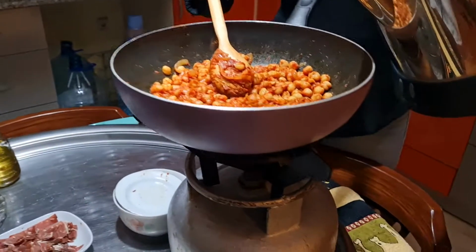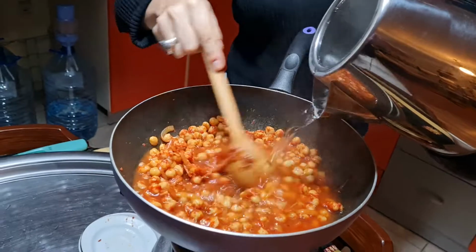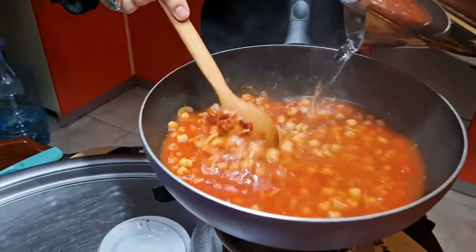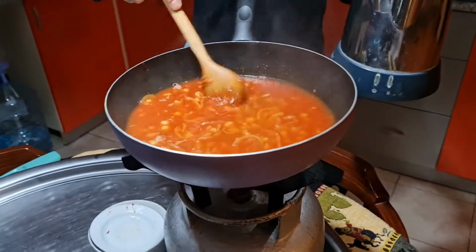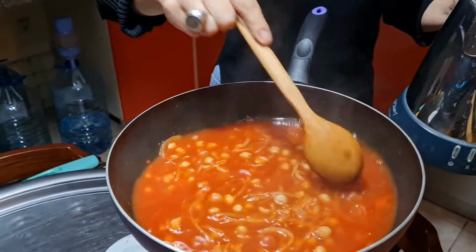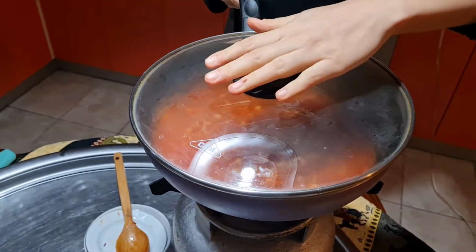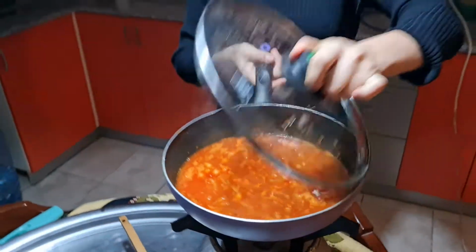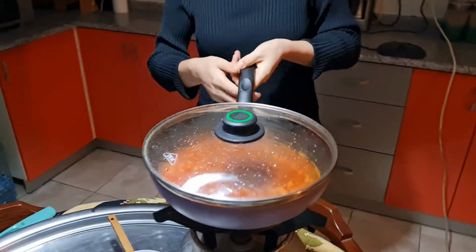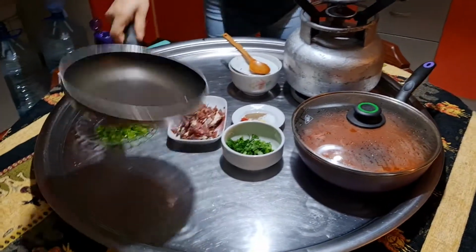Then we add boiled water until we cover the chickpeas like this. This much is enough. And we'll let the chickpeas boil. Then we close the top of the pan. So once our chickpeas are boiling, then we close the top of the pan and we are gonna start cooking pastrami